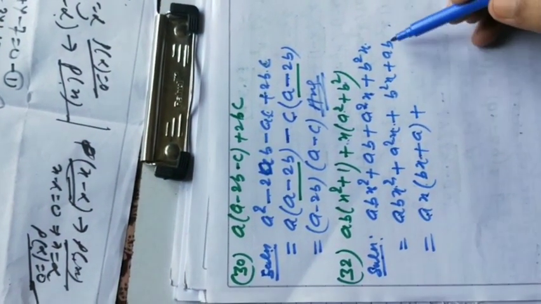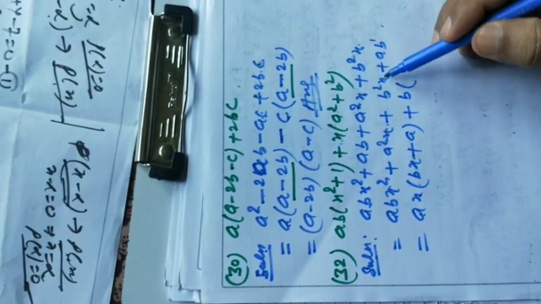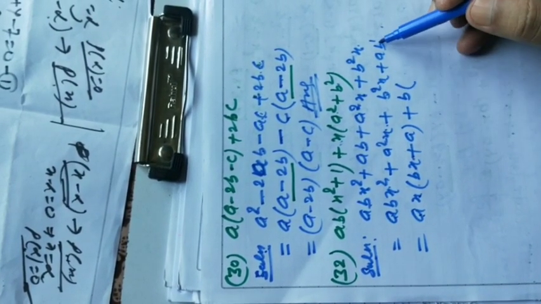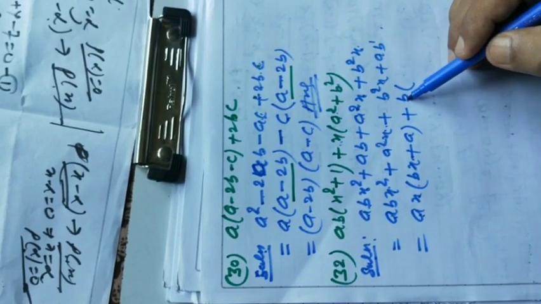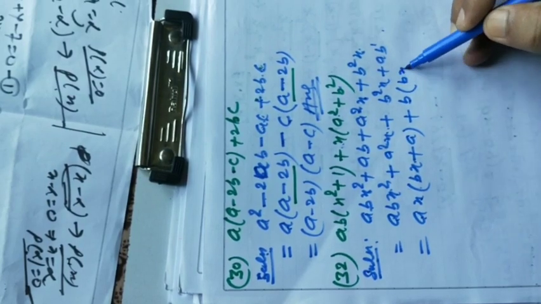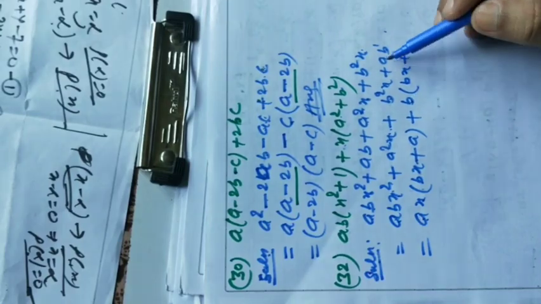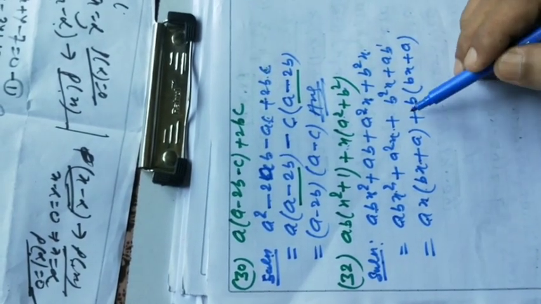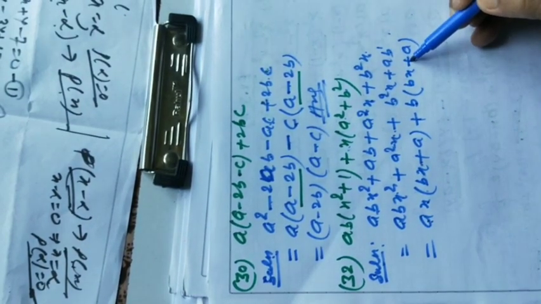In these two terms, b is common. B power 1 is here and b power 2 is here. So the lowest power will be common. So what will be left here? B square divided by b will be b, and x is there. So bx will be left here, and this b cancels by b, then a will be left here. Here plus sign is there. So plus multiplied by plus will remain plus.